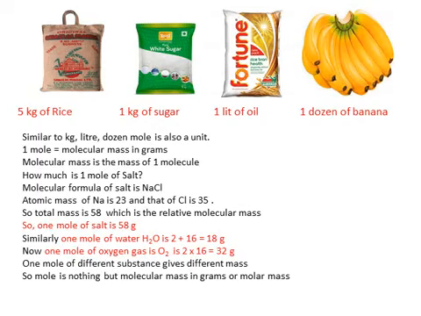What is the molecular mass? Molecular mass is the mass of one molecule of that substance. So, if you are asked to buy 1 mole of salt, first we have to know its chemical formula. Salt has the molecular formula NaCl, which is sodium chloride. The atomic mass of sodium is 23 and that of chlorine is 35. When we add it up, we get 58. So, 1 mole of salt is nothing but 58 grams.